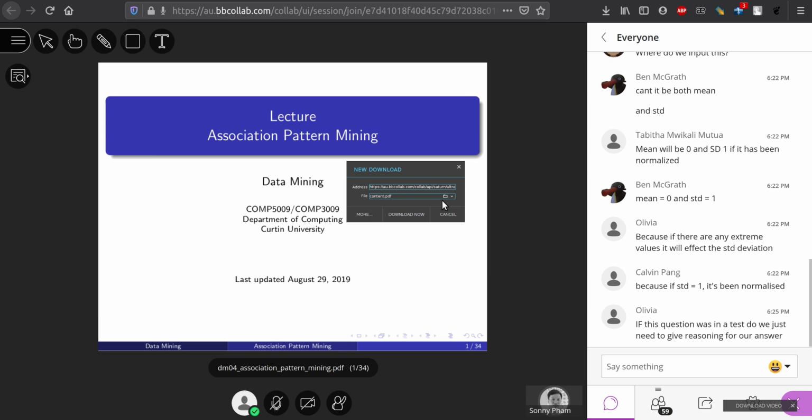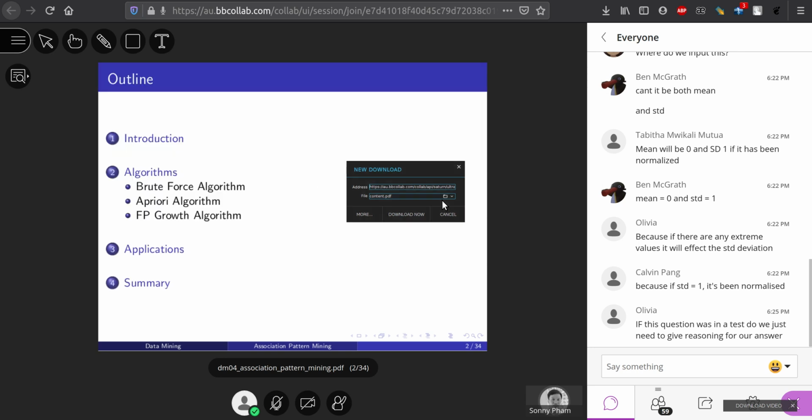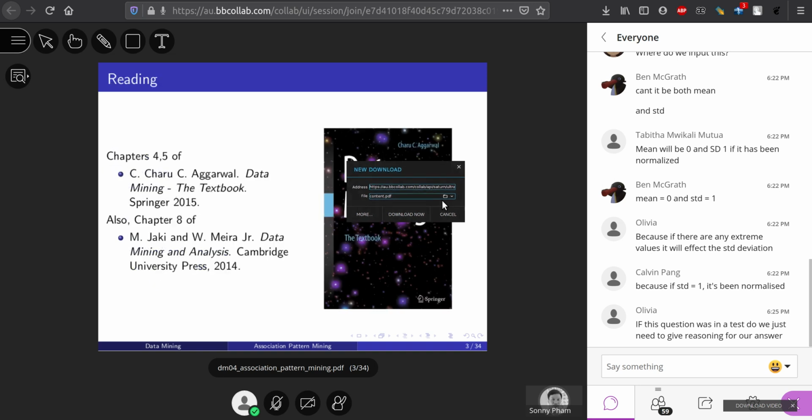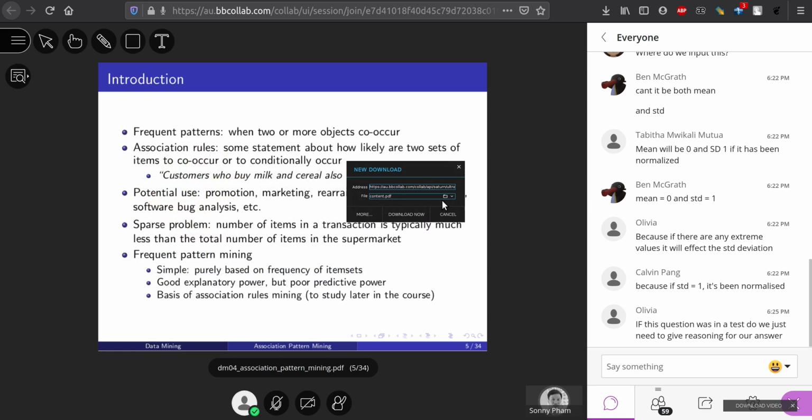In this lecture, we look at, first of all, some fundamental concepts of association pattern mining. And then the second part is about three main algorithms: the brute force one, the Apriori algorithm, and the FP-Growth algorithm. So in the first part, the first concept is